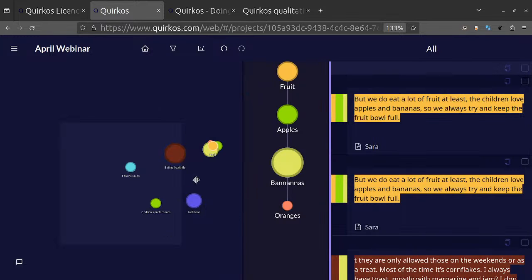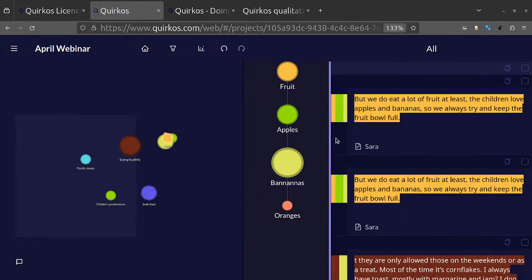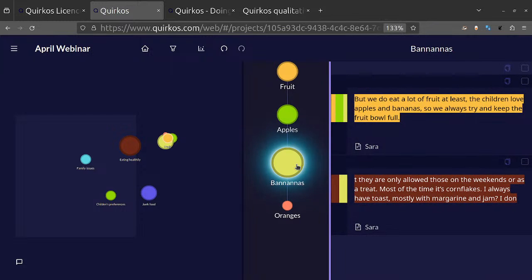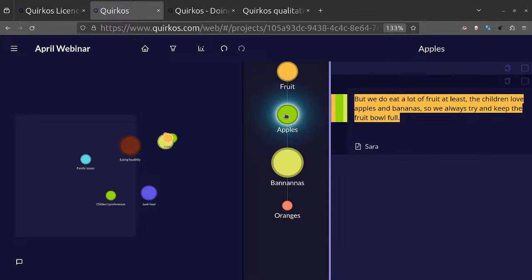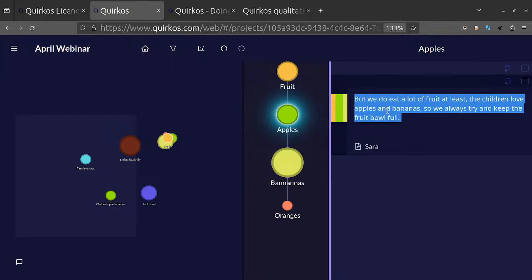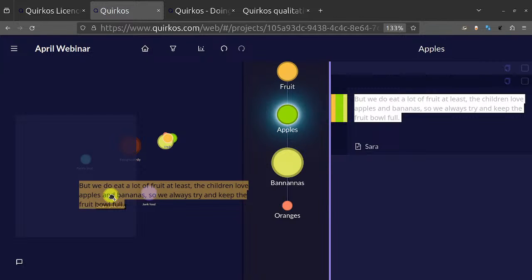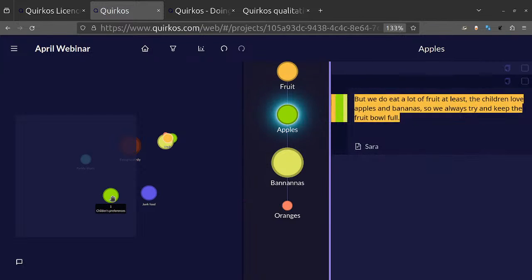So if I just zoom out from here a little bit, we've got fruit at the top, apples, bananas, oranges. And basically we can click on just one of these to see the text that we coded just to bananas or just to apples, or we can see the whole project. We can also recode in this view as well. So if we wanted to select this quote about apples and say, well, yeah, it's also about children's preferences. Okay, it already was, but we can drag and drop to all the other bubbles which are here in the